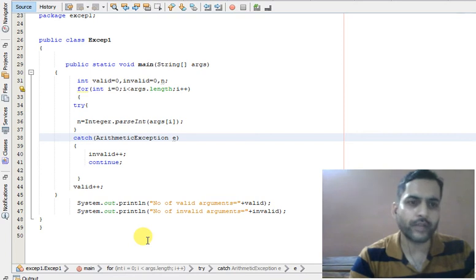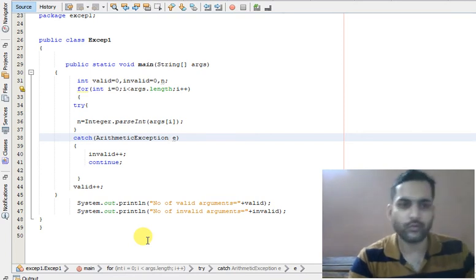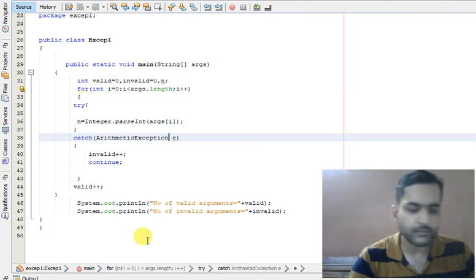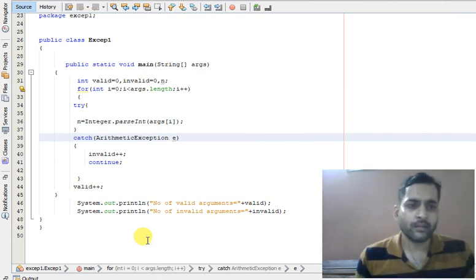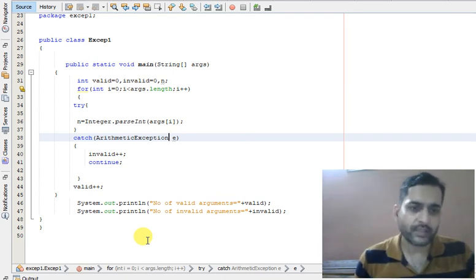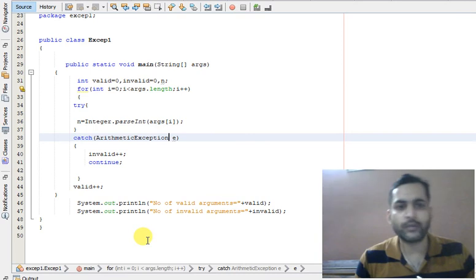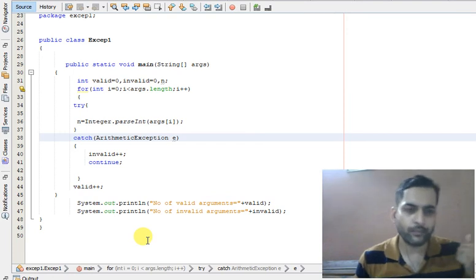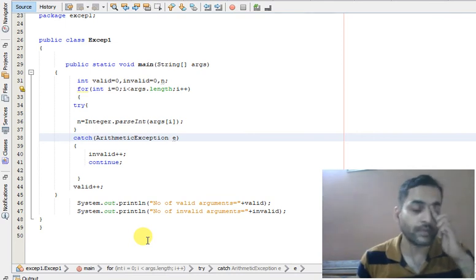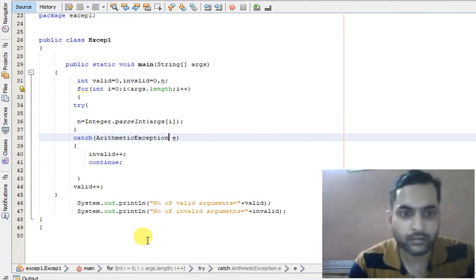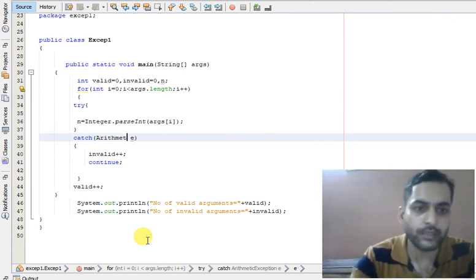If you are not sure what type of exception a try block is throwing, you can include all the possible exception classes with catch blocks, and at the last we can use the Exception class, which is the super class of all exceptions and is able to catch all possible exceptions, so we should use the Exception class at the end only.